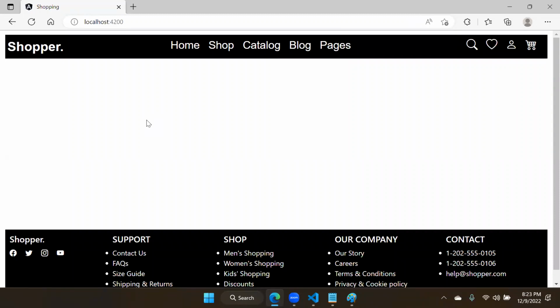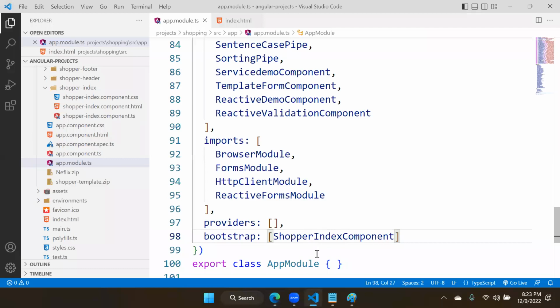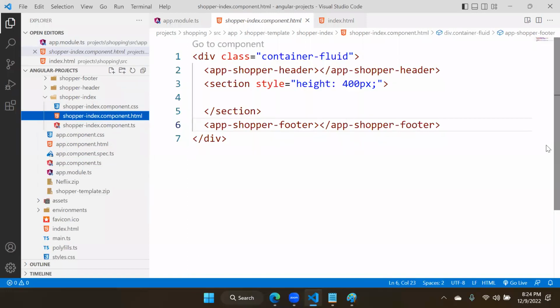That means what should work is we need a home page. So here we need a home page. We will do one thing. In this, we will add a fake store like concept. For example, see, I will go to the shopper index HTML. In that, what we are doing here,